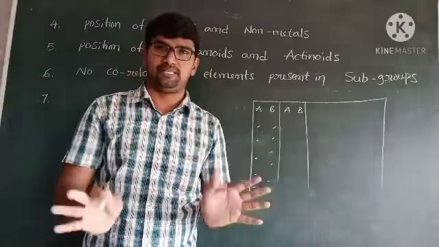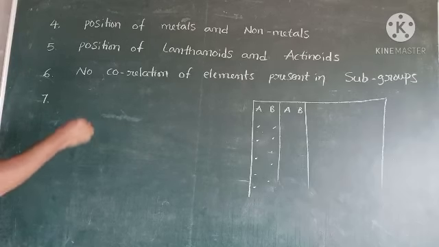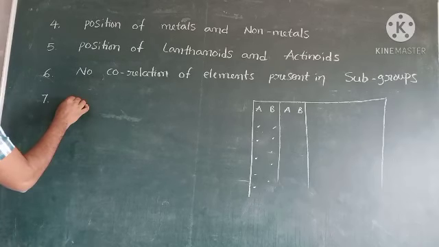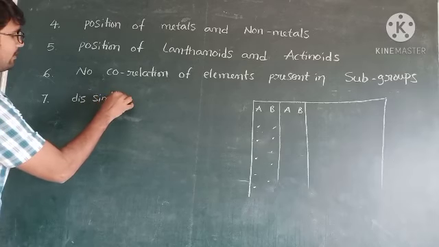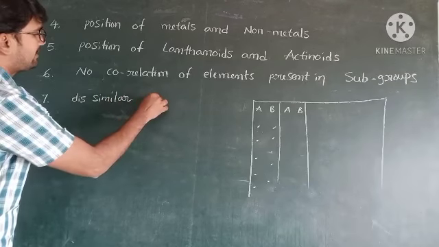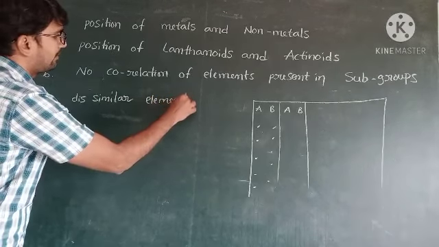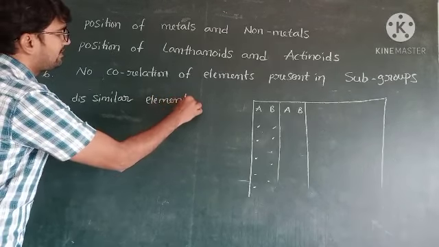This is another drawback of the Mendeleev periodic table. What is that? Dissimilar elements arranged